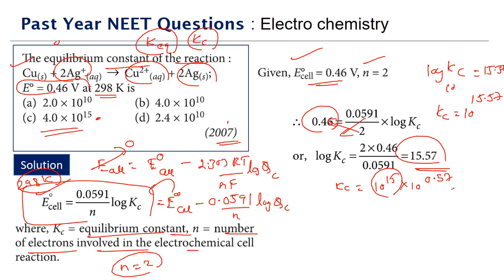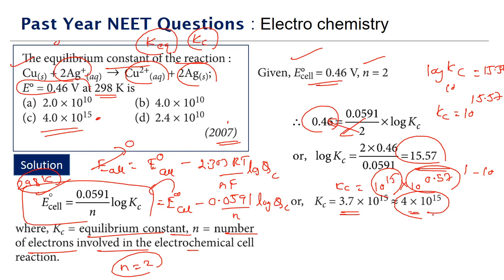10 power 0 is 1, 10 power 1 is 10, means this number must be between 1 and 10. If you look at the actual value, 10 power 0.57 will be nearly 3.7, or we can say close to 4 into 10 power 15. And that's why we keep saying that while solving questions in competitive examinations, it is not like we have to arrive at the real final answer in terms of the correct decimal place. It is about how quickly we are able to arrive at the approximate answer by making meaningful approximations. It is not like we'll make some gross approximations and end up getting a wrong answer.